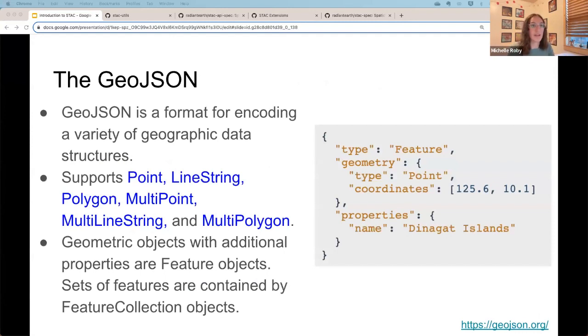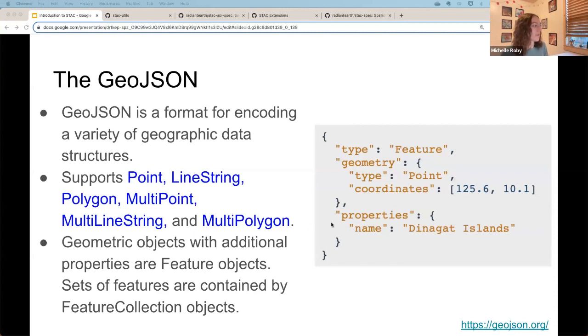So STAC is based off GeoJSON. If you're not familiar with GeoJSON, it's a format for encoding a variety of geographic data structures. I remember from the survey that most of y'all work with geospatial data, so you're probably familiar with point data, line data, polygon, and then data that has multiple points, multiple lines, and multiple polygons within a feature.